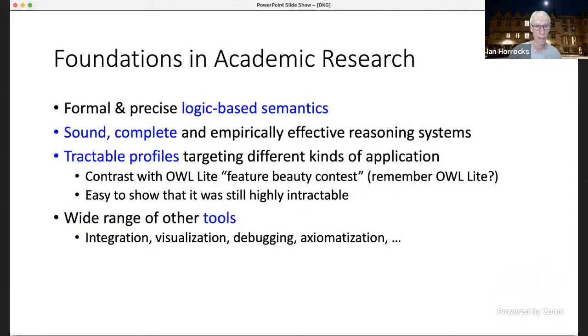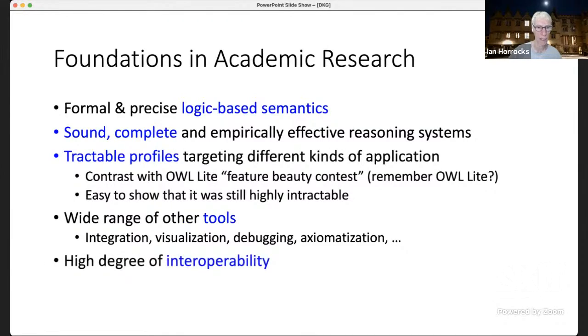So another big advantage that we got from working using academic research as a basis was that people were also developing a huge range of really interesting and useful tools for doing all kinds of different tasks like integration, visualization, debugging, axiomatization. There's a long list, and these are really useful in practice. And again, a part of the reason I think why this kind of language stack has been effective and is